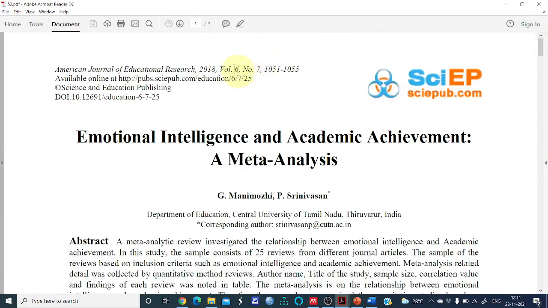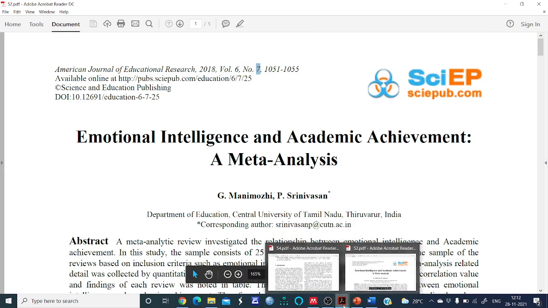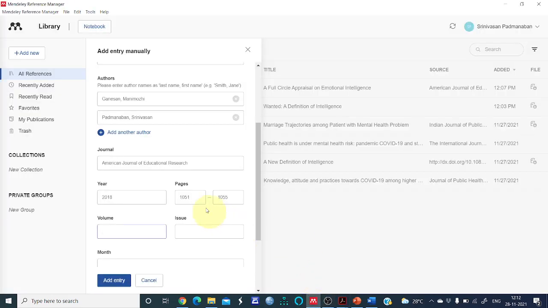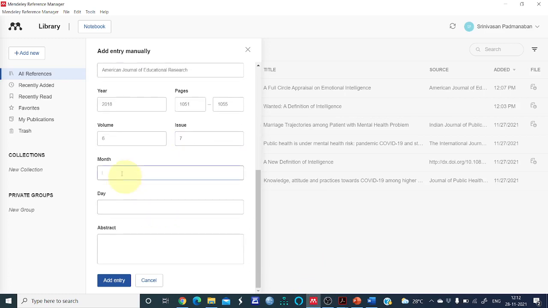This is volume number 6 and issue number 7. It has been published in the July month, July 7th, and for the day let us have 31st.